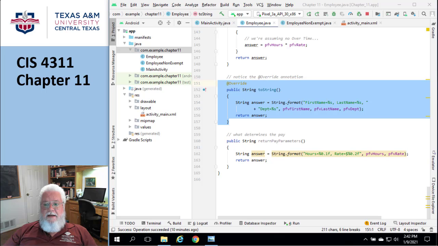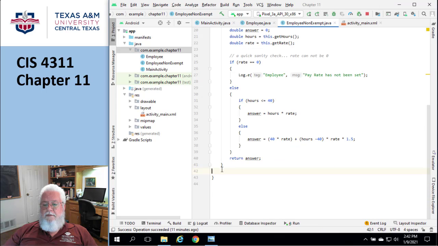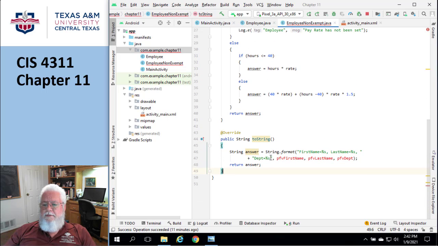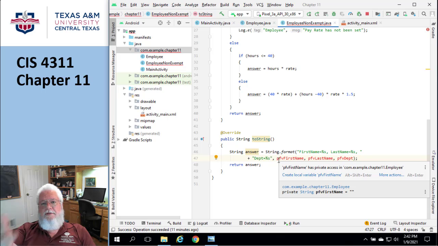Okay, welcome back. We're adding a toString to our guy here, so I'm going to do a Control-C, go down to this guy, and give me a Control-V. And of course, I got some red ones in here. Before I fix the red ones, though, I want to do what it is we're trying to do here,